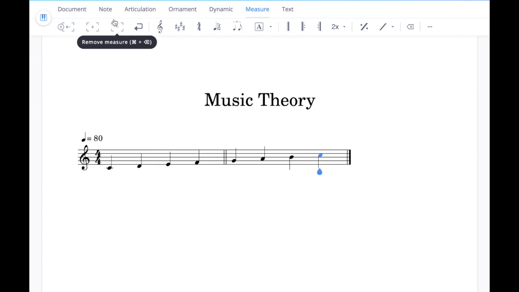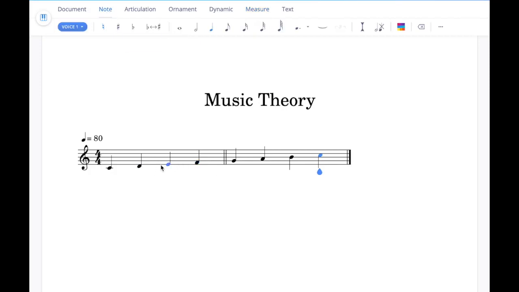And then finally, if we want to add any accidentals to the score, we can go back into the note tab. Just make sure that we click on the note that we want to add the accidental to. So say if we want to add a flat to this note here, we've clicked on it and then we can click the flat button up here, which if you click on it multiple times will cycle through options until